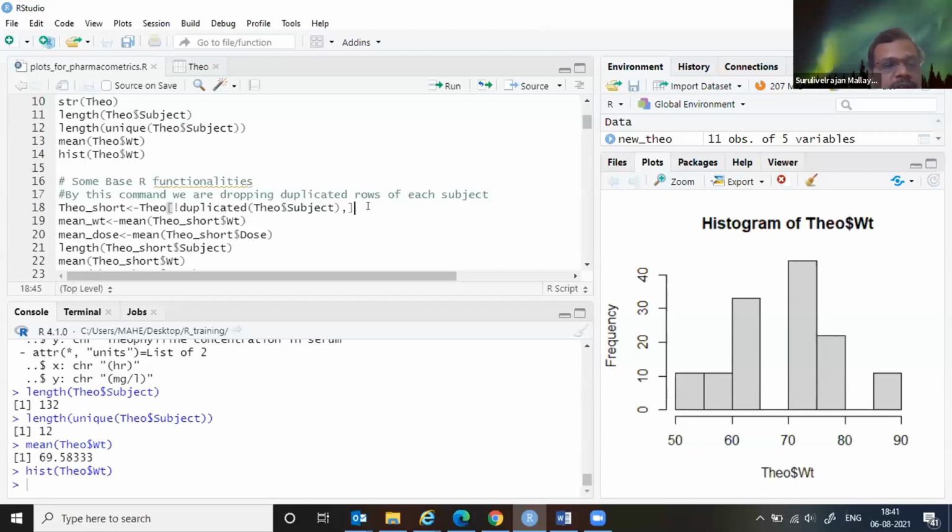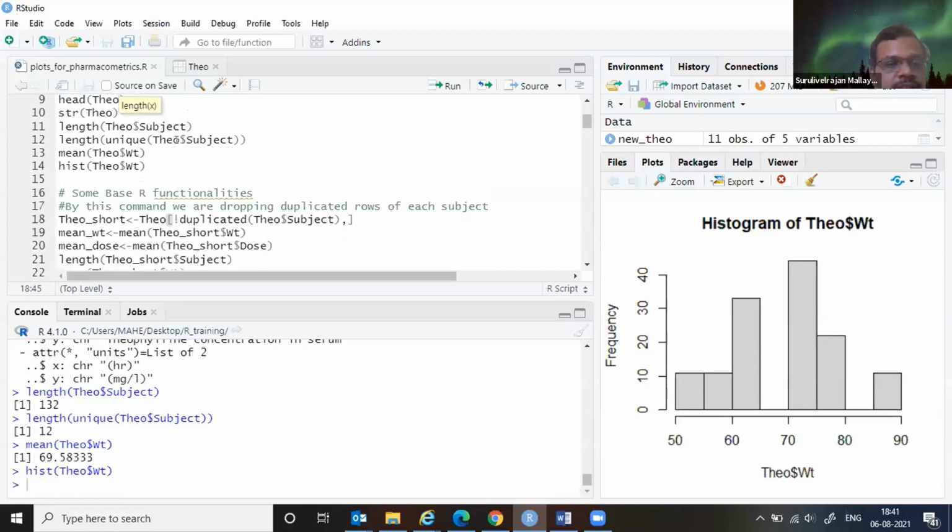So I'm using this line of code. What it says is, it is taking the data Theo, whatever is the main data. I loaded the Theoph data into Theo. That's why it's called Theo. Theo is subsetted with the square bracket.